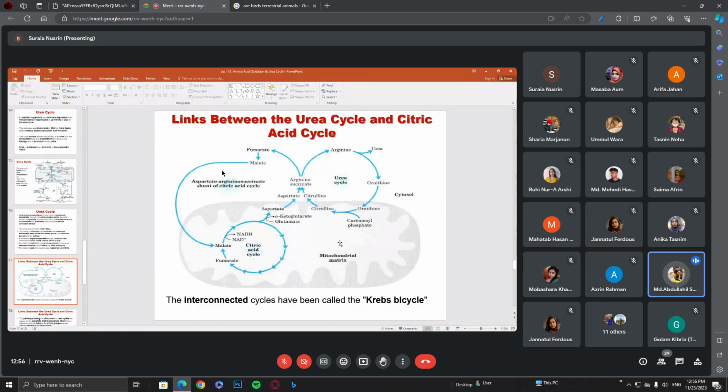Transamination. Transamination. Then aspartate goes to the cytosol and enters